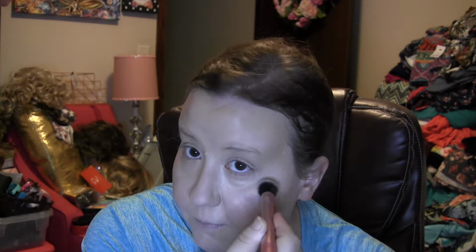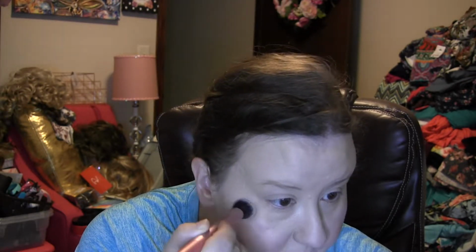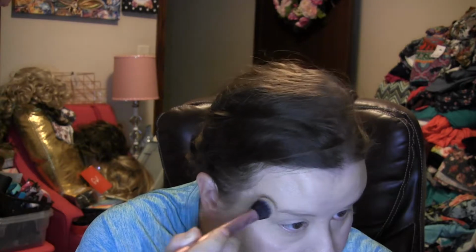I always love to find a blush though that's really pigmented and just really has the effect of both a highlight and blush, because I think those look so pretty on the skin. So I'm just getting that worked in, and then the next product will be